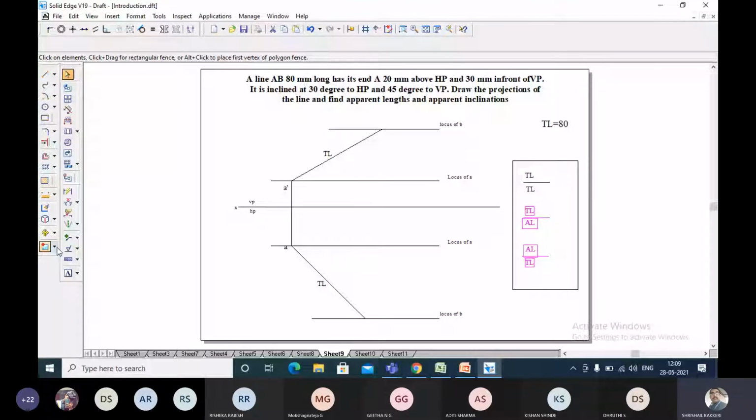They'll be asking you the problem. Clearly it will be given in the problem. Sometimes they'll be giving us the true length and apparent length.